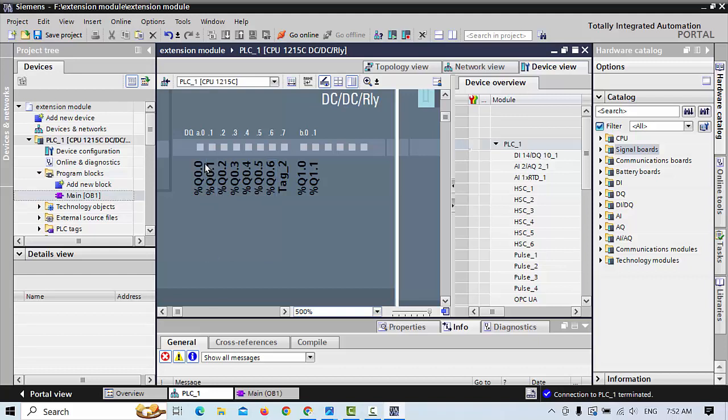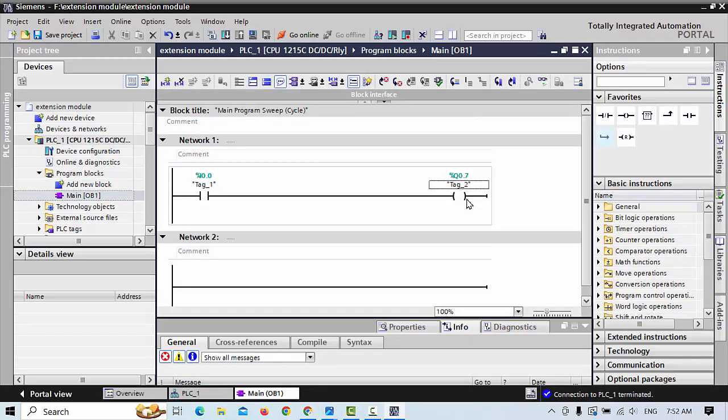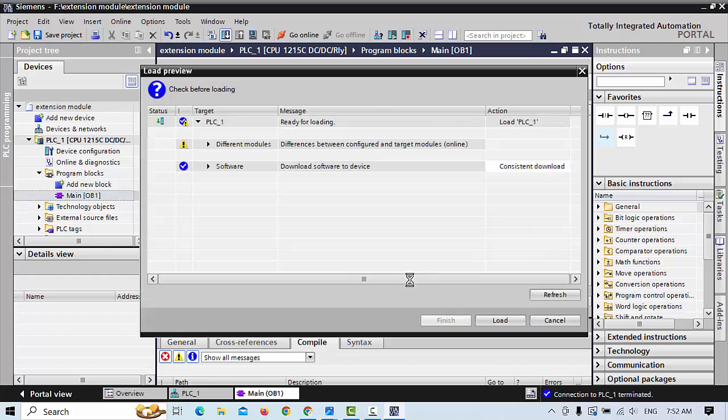Because when I choose 0.0, in the PLC or programming language, 0 counts as 1, but in the written form it comes as 0, but we have to configure this as 1, that is 1, 2, 3, 4, 5, 6, 7, and this Q0.0 we have to give address Q0.7, not 6. See, I give that Q0.7, and first simply I will download this one